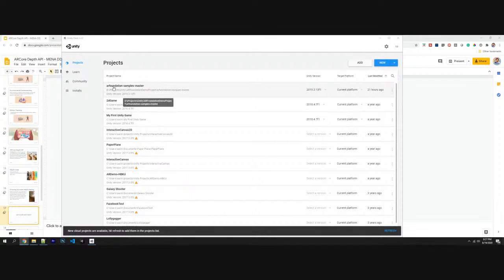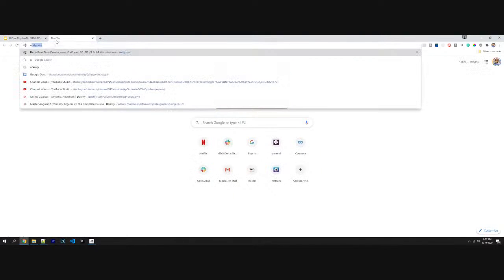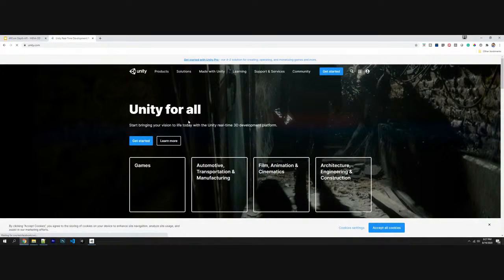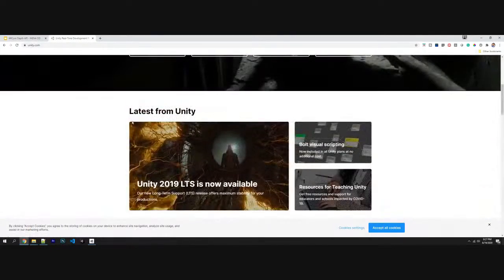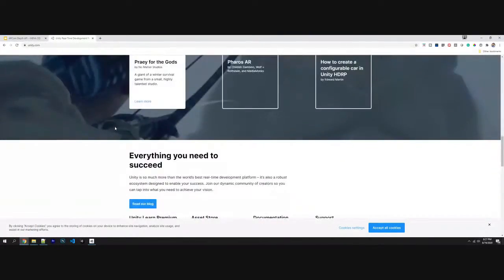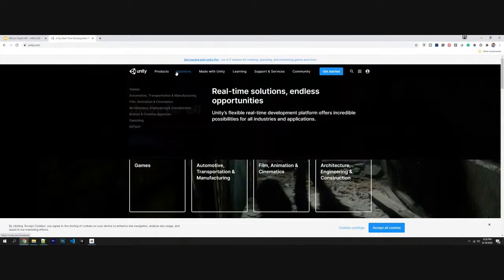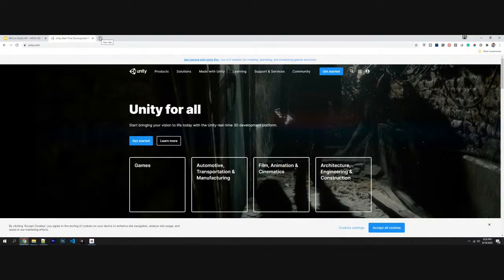Here you can see that we have the AR Foundation sample master. Let me explain some of these concepts. As you can see, we have Unity, which is a game engine for building games, applications, VR, AR, everything is over here. For people who are looking for different solutions, you can go through some of these and learn that. And the next one that I would say is you can also check out